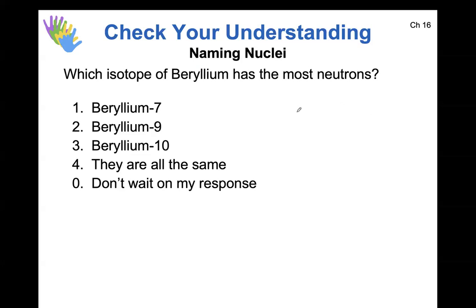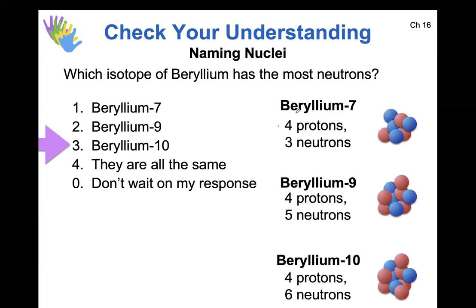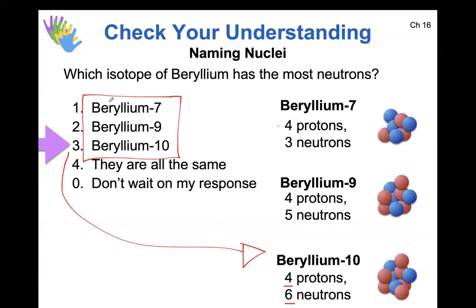Beryllium 10. Okay. Well, it turns out you are absolutely right. Beryllium 10 is the one at the bottom. Okay, the 10 refers to the sum. Since 4 couldn't change because it wouldn't be beryllium otherwise, beryllium 10 has to have 6 neutrons. Okay, that's the idea. So to be able to do this, to look at these 3, which all exist, these are all types of beryllium, all isotopes of beryllium,